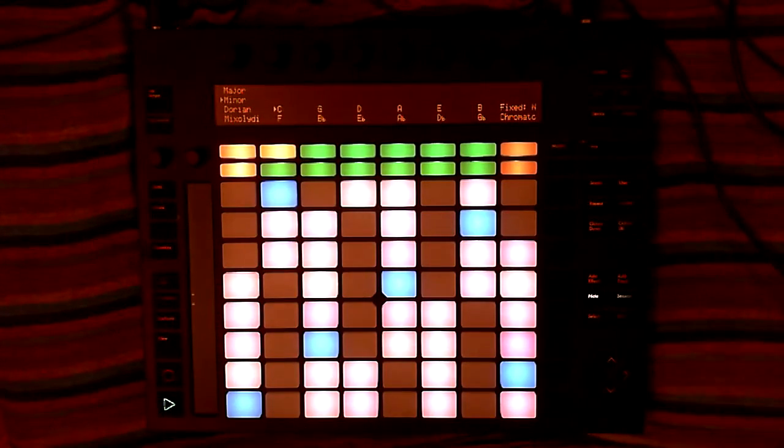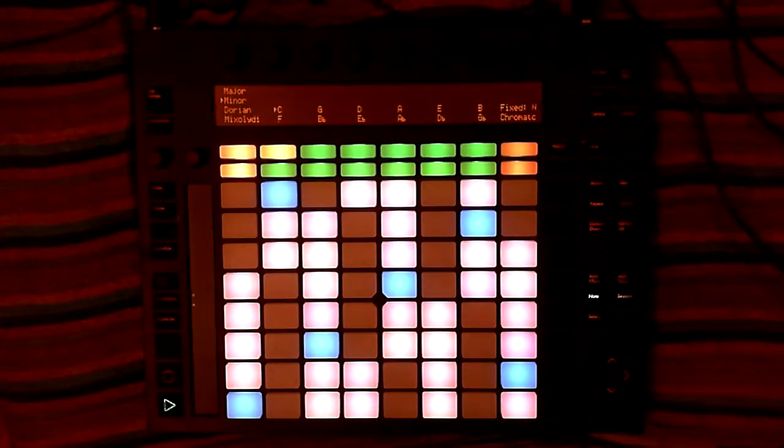If you play the white note, it is in the scale, and if it's black, then it's out of the scale. That may be one of the reasons to use the chromatic mode, if you want some chord both in minor and major quality in your harmony.